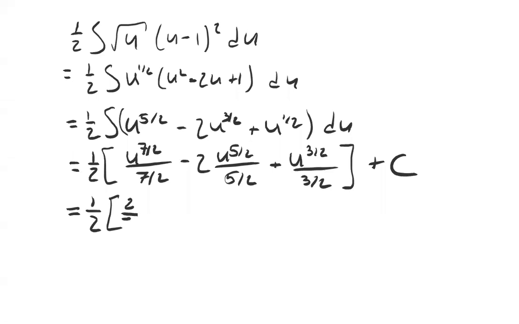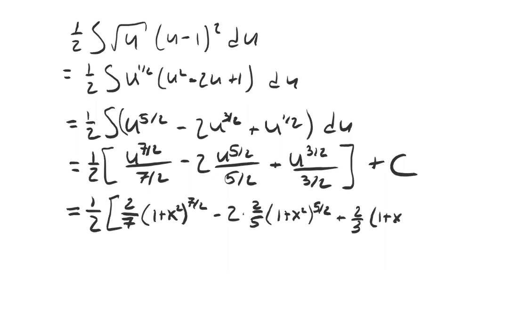So this is going to be 2/7 times u was 1 plus x squared to the 7/2 minus 2, flip up the fraction, 2/5, 1 plus x squared to the 5/2 plus 2/3, 1 plus x squared to the 3/2